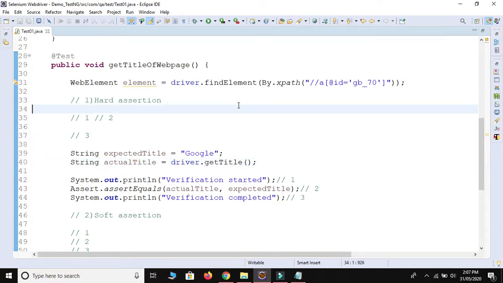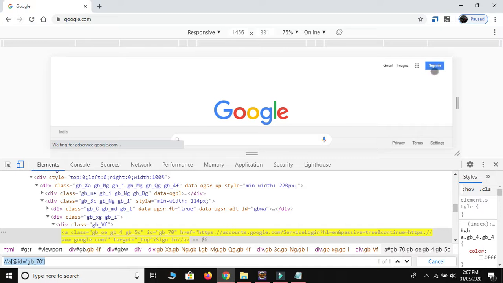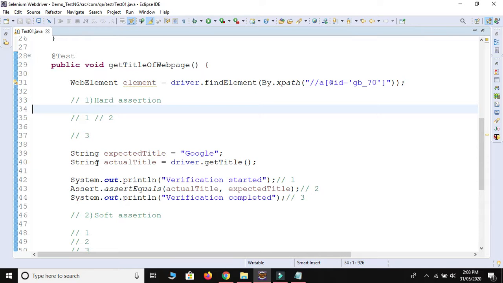After launching the page, I think the title is Sign in, right? This is the title. Now we need to verify whether the web element is present or not, so we use boolean. Just a minute, I will show you.